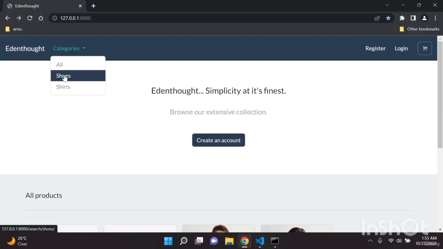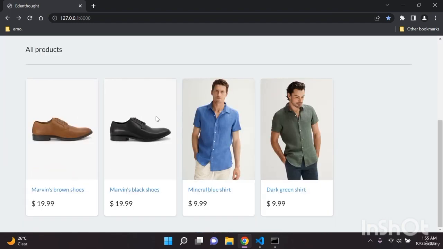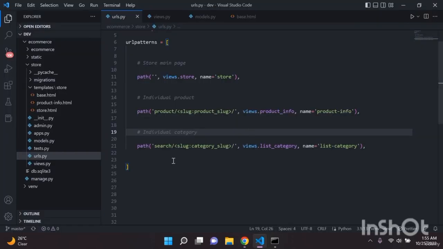So we can now see all of our shoes and all of our shirts. We should see 2 shoes in the shoes category, and we should see 2 shirts in the shirts category. And when we click all, we want to see everything. Okay, and that will be the next lecture and hopefully the last one for this section before we move on